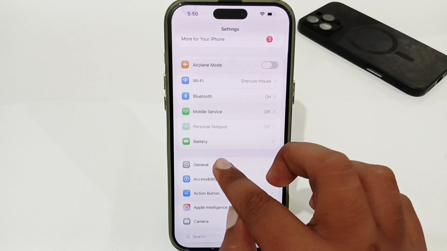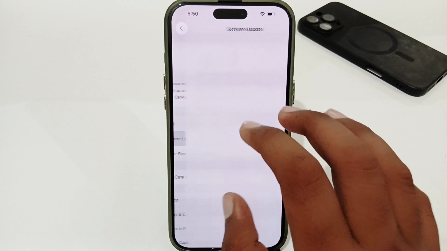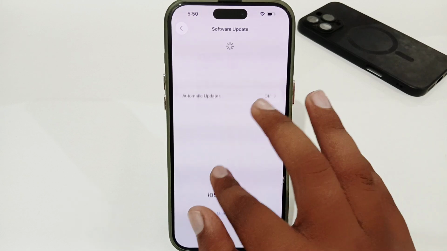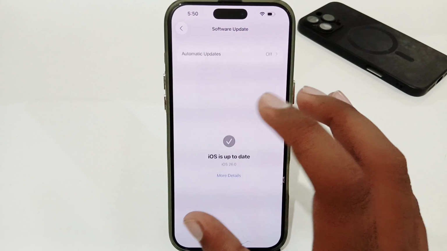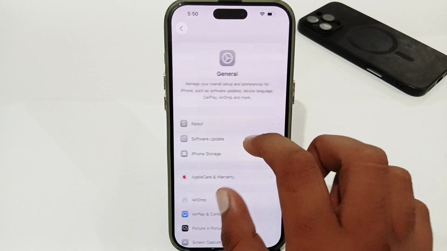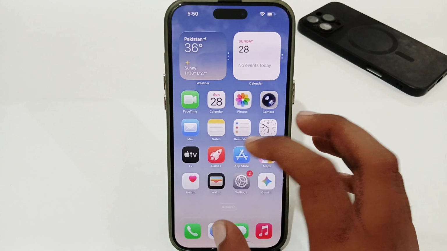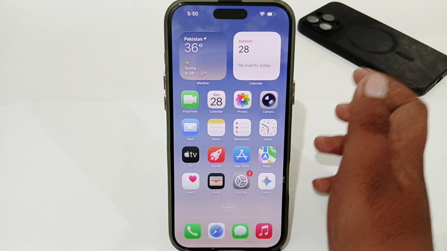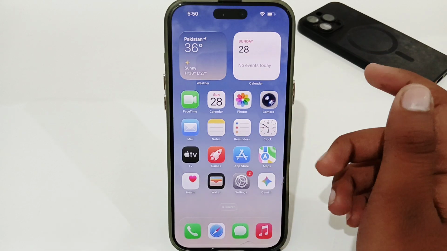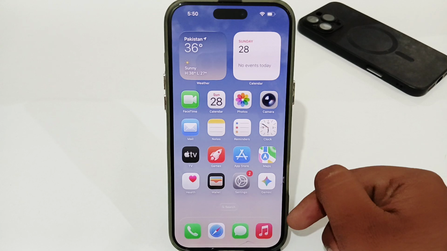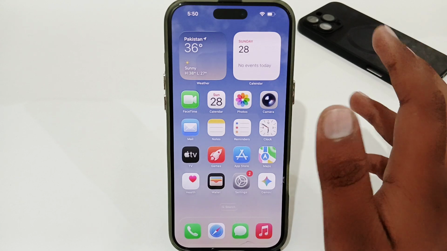Or you can go ahead to general and try to update your software, because sometimes it might be that your system software is not updated and you might get these types of issues. Once you have updated your software, maybe your problem will be fixed. If it doesn't, you just have to make sure that your microphone is clean, there is no dirt or dust